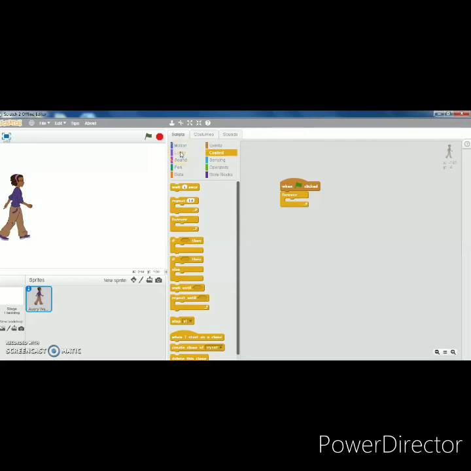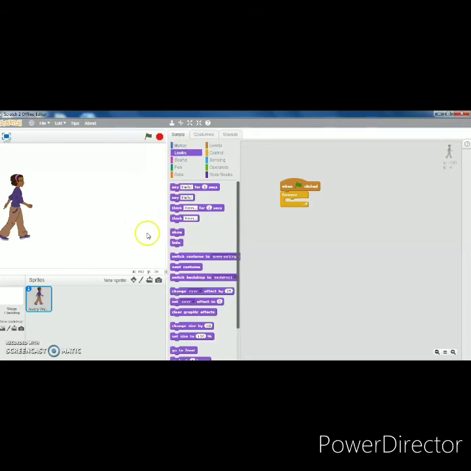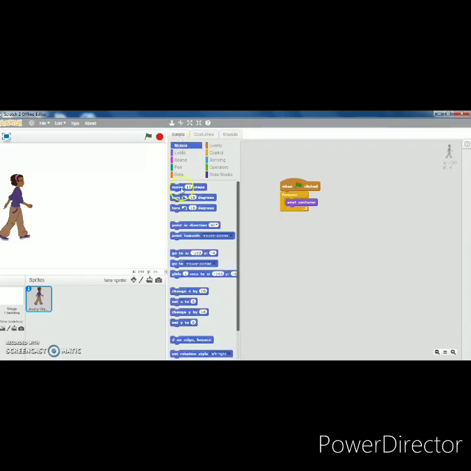Next costume. I have already told you what is next costume. The gesture will change. The hand movement, leg movement will change. Move 10 steps. Next step. From the motion block, I am taking move 10 steps.